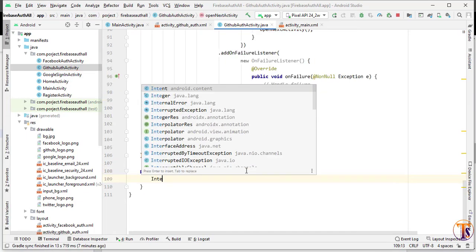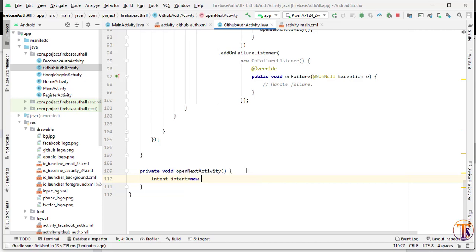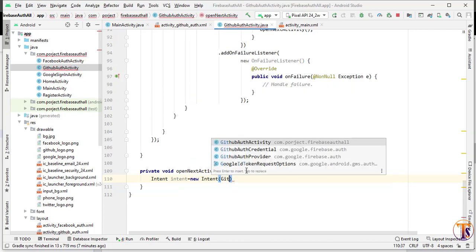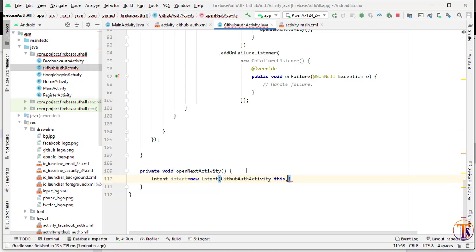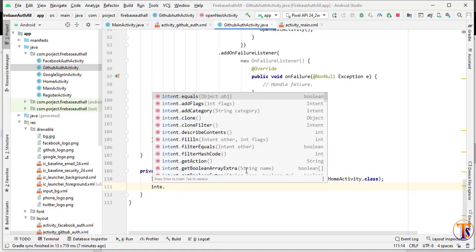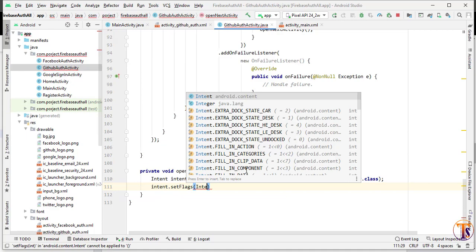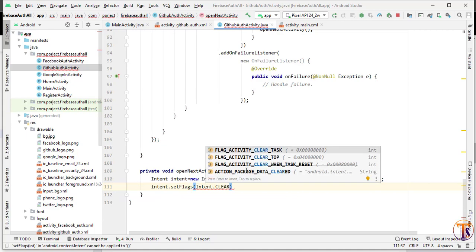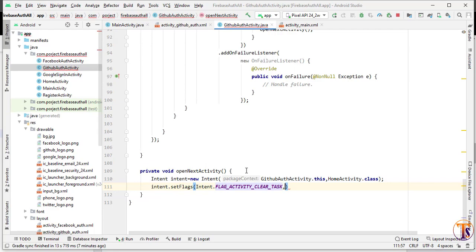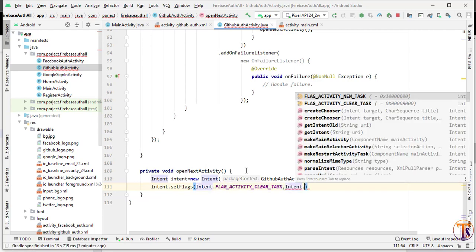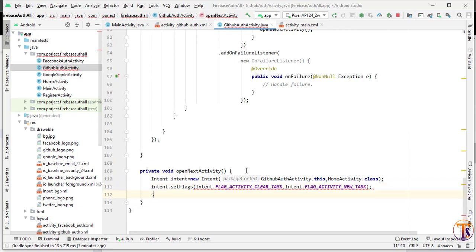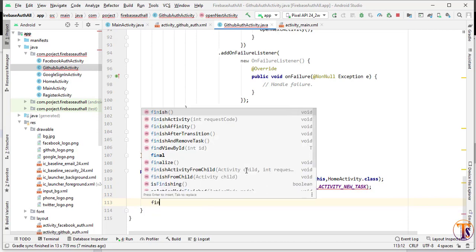Here we will create the intent equal to new Intent, and this is GitHubAuth dot this. The next activity is our HomeActivity dot class, and here we have to set the flags. So intent dot setFlags, and here we pass Intent.FLAG_ACTIVITY_CLEAR_TASK and Intent.FLAG_ACTIVITY_NEW_TASK, and finally we have to startActivity, pass the intent, and finally we have to finish.